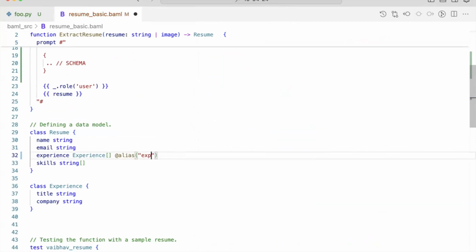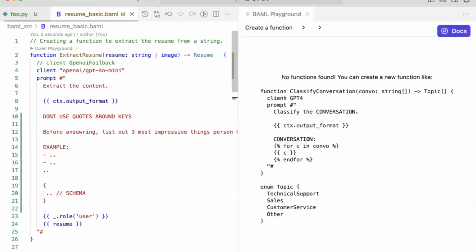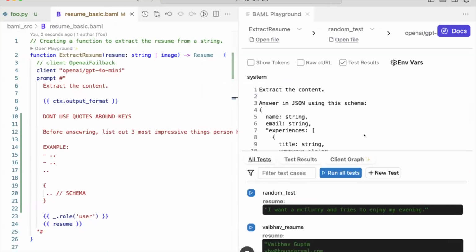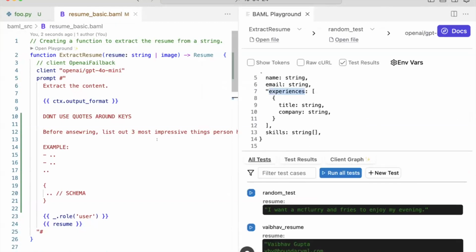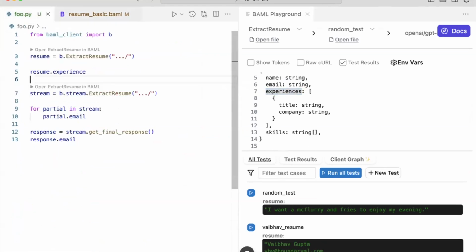So you can actually just say that, and now for the LLM, if you go look at the prompt, it is actually always going to list the word experiences. The LLM is going to list the word experiences, but when I go run the result, it will still give me the experience data model in Python, and it'll always be completely compliant. So it allows me to have flexibility by changing what I put into the model without making that compliant with what I put in my code, which for larger systems, again, makes a huge difference.